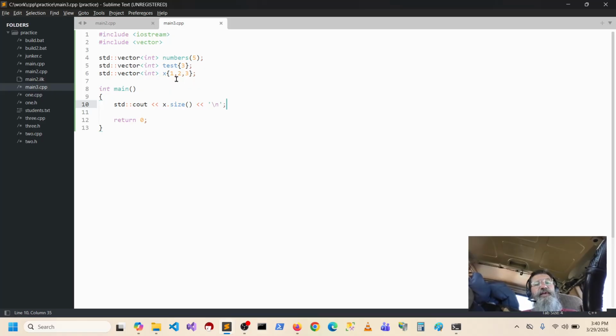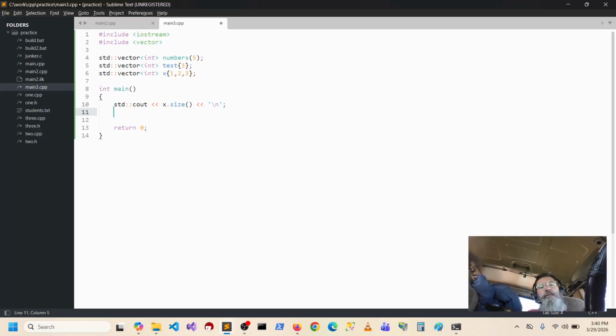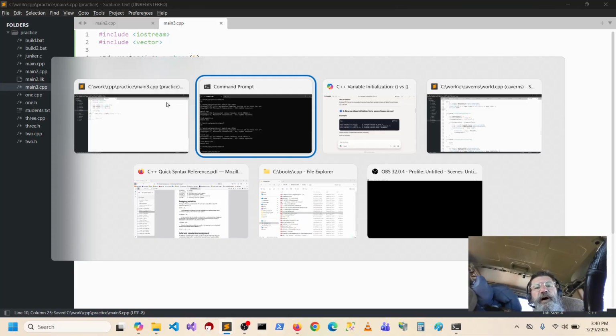So we got to remember that the size, they always give the size. Remember, you got to do it like a -1 on the size because it's 0 indexed. So 0, 1, 2. So we do that. So then if we did numbers.size, that should be 5 then.